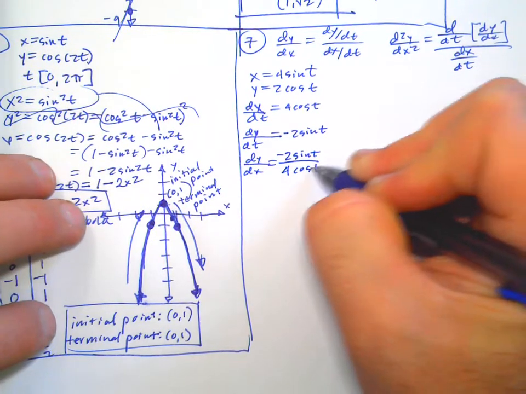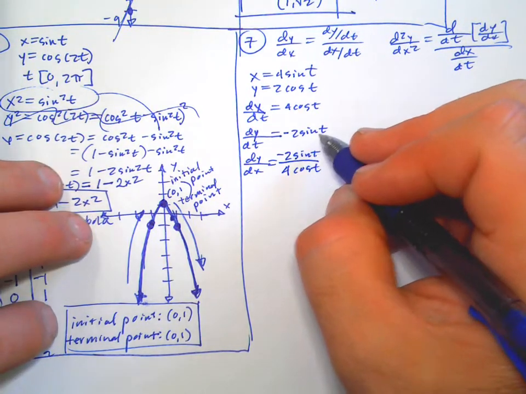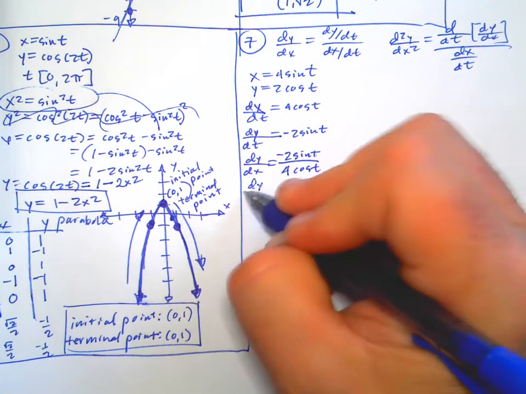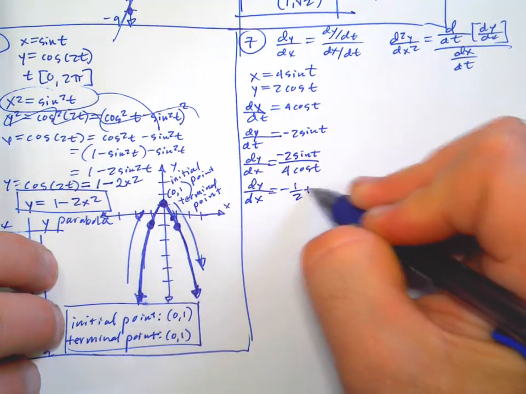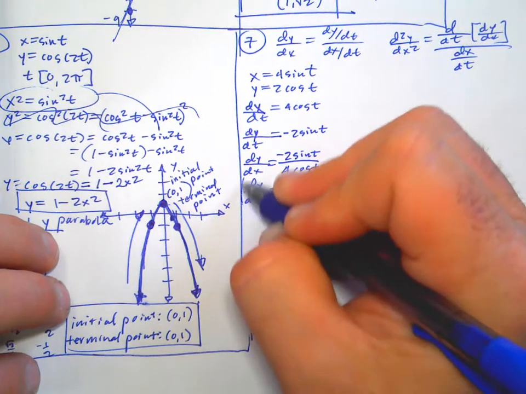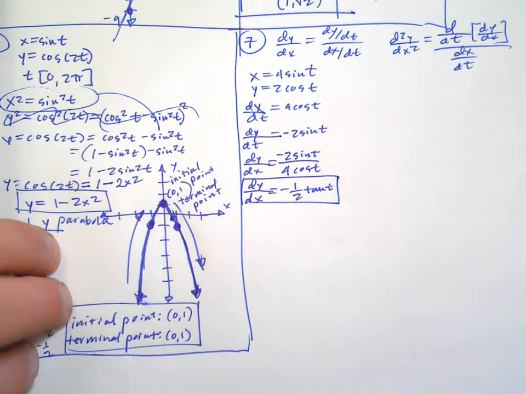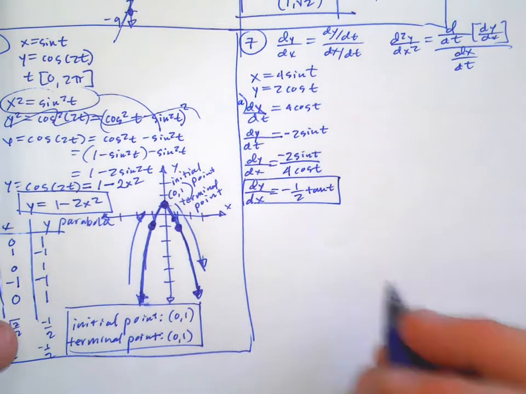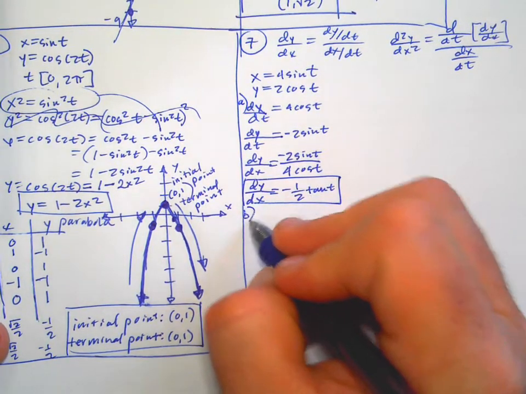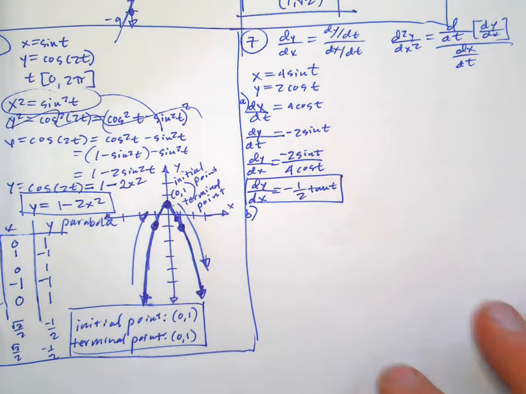Now we could simplify this and say that this is negative 1/2 tangent t, right? And then the second derivative, so that's part A. Part B is the second derivative. So we're going to